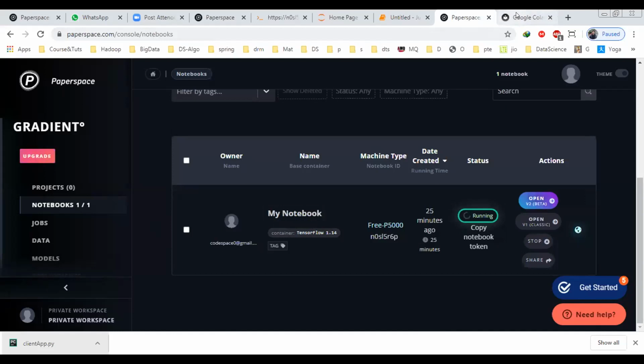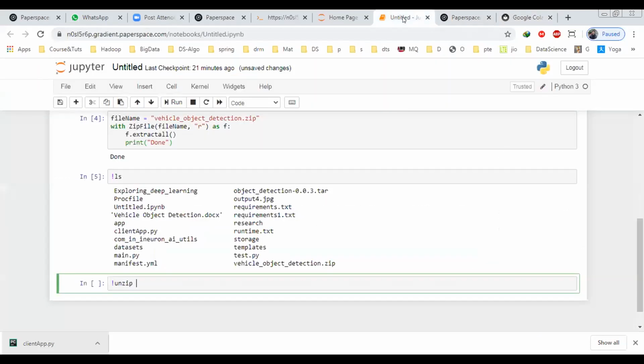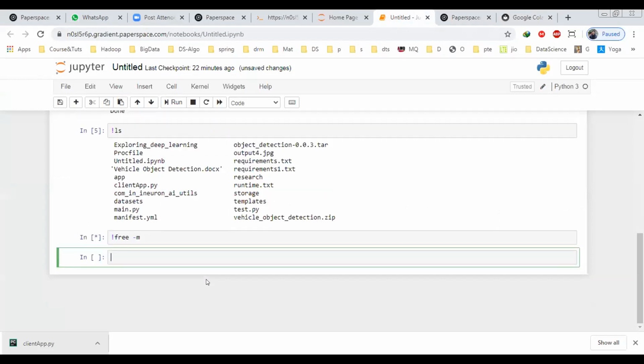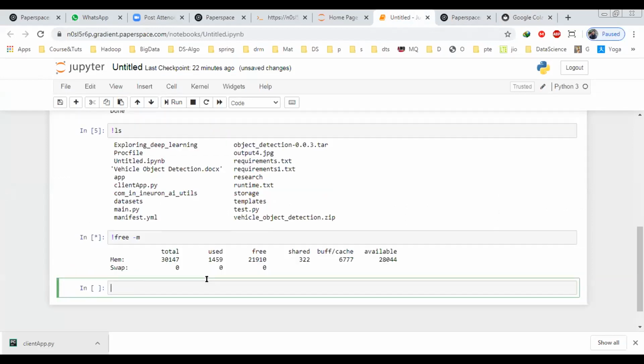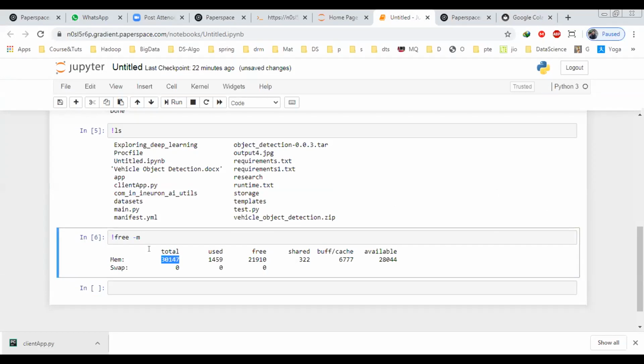Okay, let's see here itself. There is a command also in this, free. Let's see if it gives it or not. Okay, so it is saying that actually it gives you the RAM. I think it's not that one. It's saying the total 30 GB RAM is available. There was one more command.